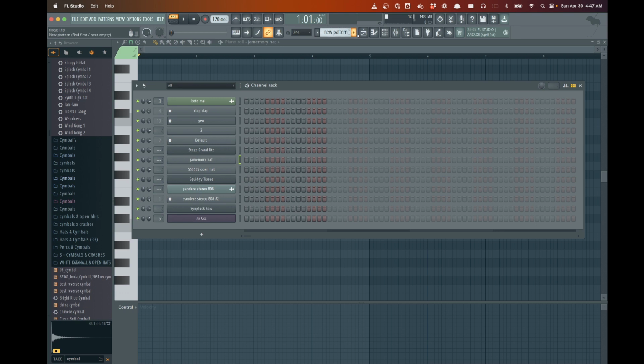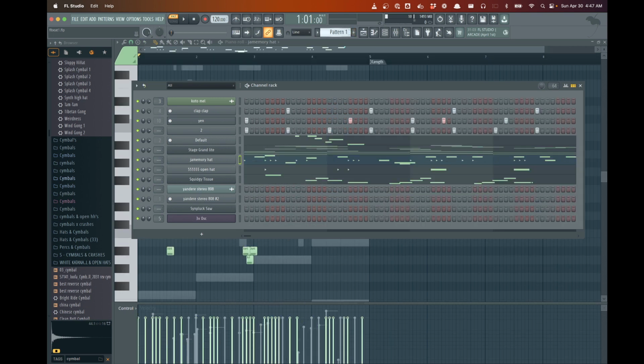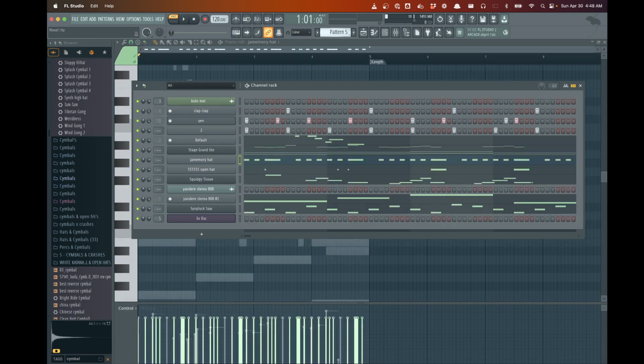And yeah, I guess I can go back and select. I can browse the patterns, which is pretty cool too. So yeah, that's pretty cool. I mean, there are a lot of things about FL that I don't particularly love. Maybe it's just because I'm new, but for one thing, I find that